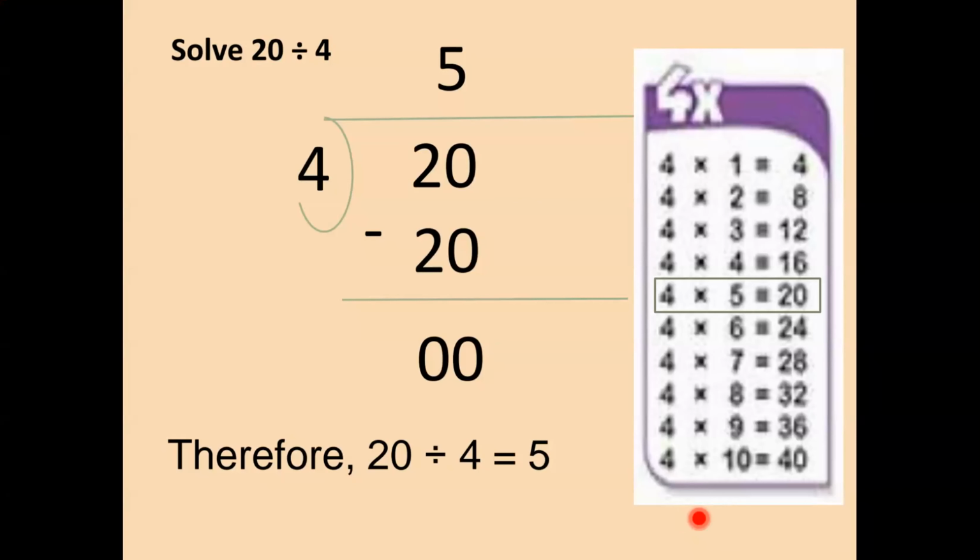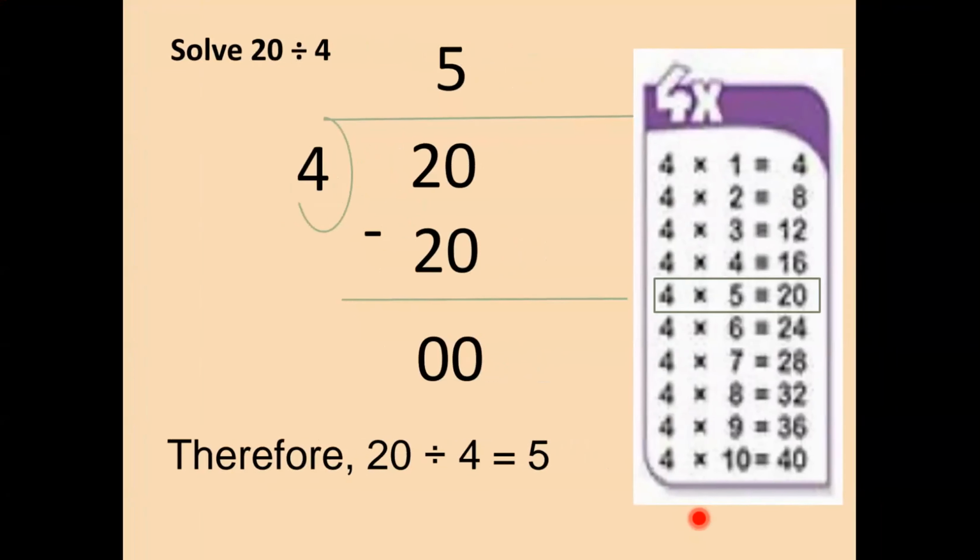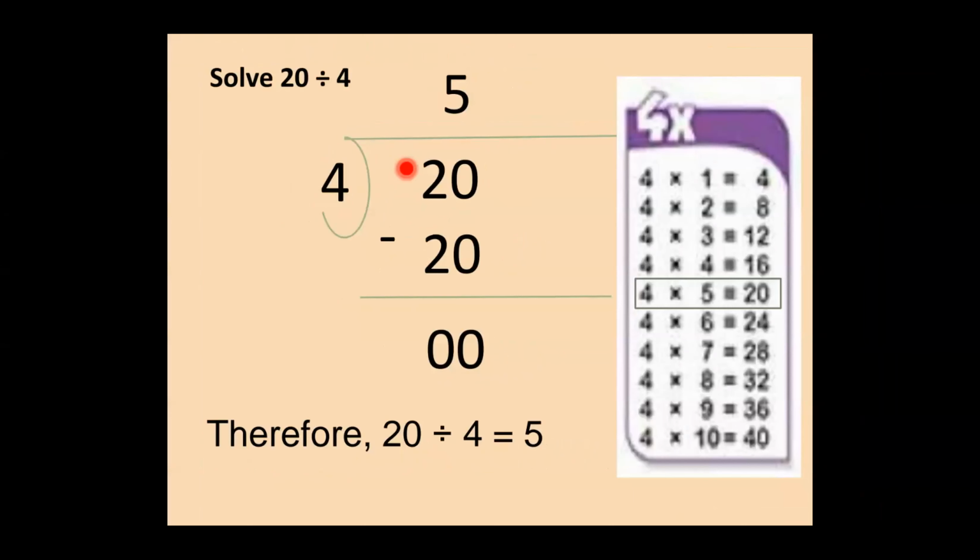So with the use of 4's table, we are going to divide 20. Now the division's first step. The very first step is you have to see this number. This is 20. First of all, you will see whether this number comes in the 4's table, meaning whether this number is an answer in the 4's table. Over here on the right hand side I have written the full 4's table. Can you see? Yes.